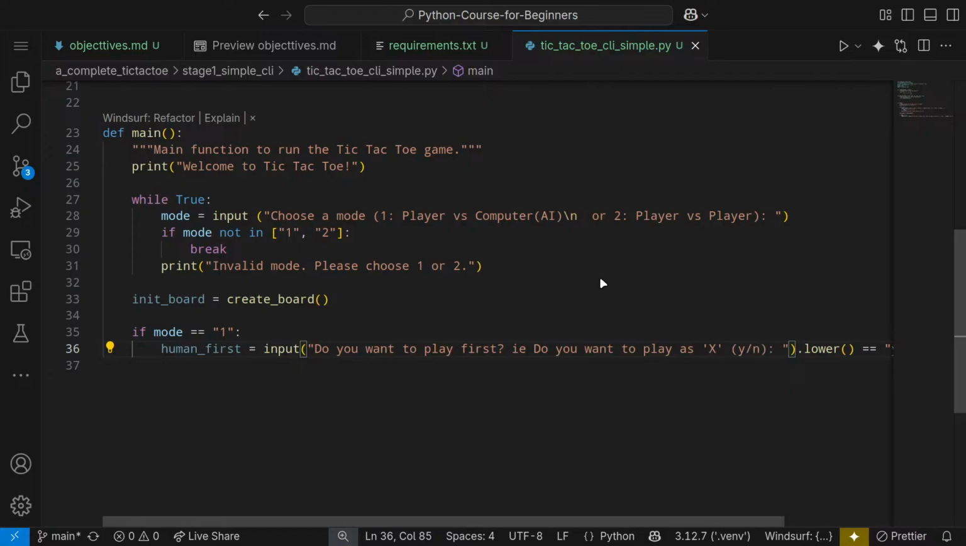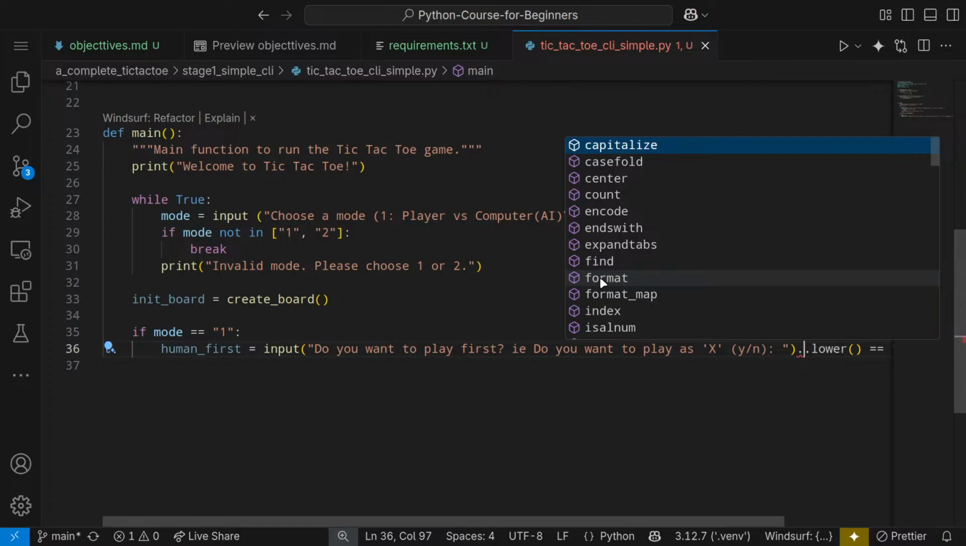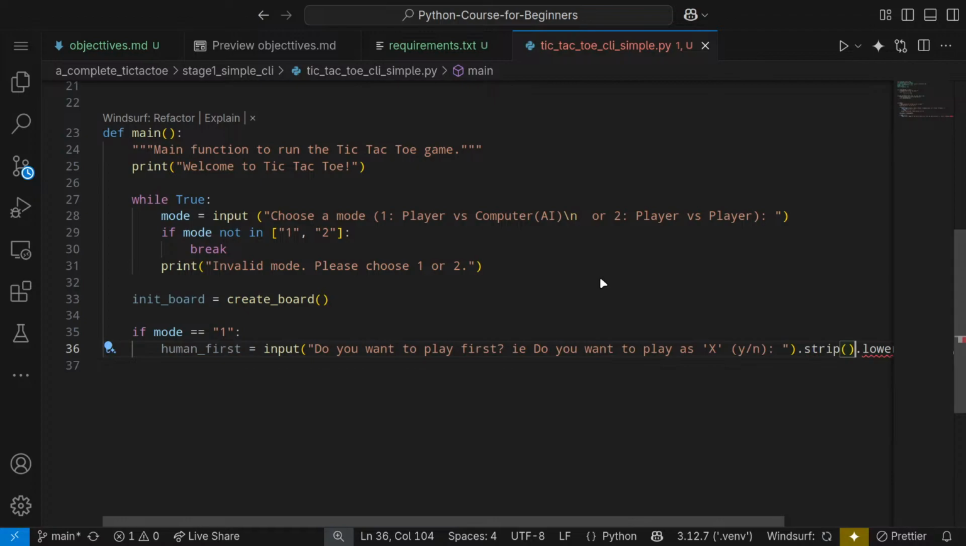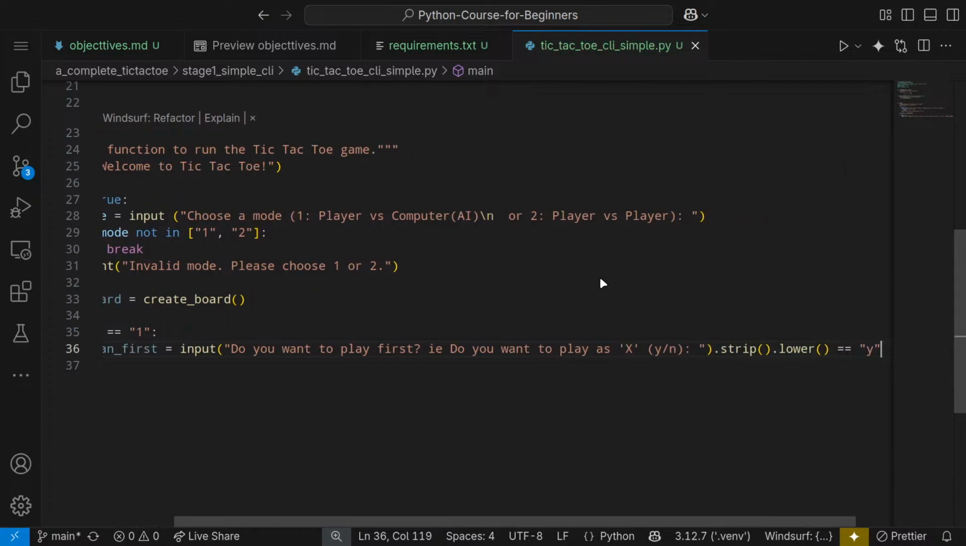Yes or no? So then I can just basically have the lower. I can also, like, basically if suppose the user enters something like within space, so it's better to have a strip as well, and then a lower, and then basically I'm checking if it is equal to y. Okay,